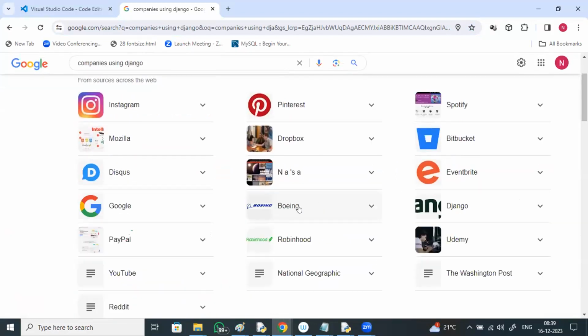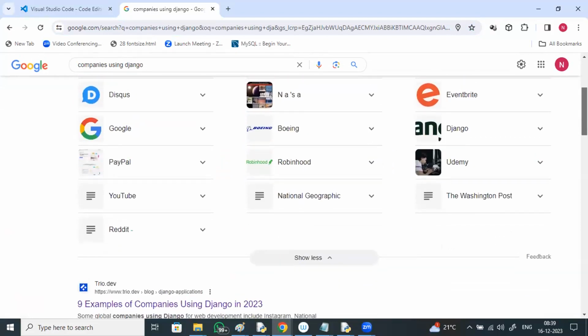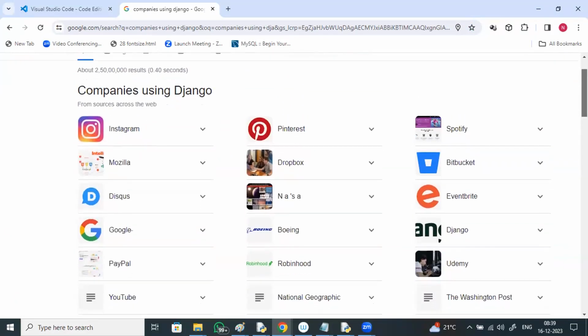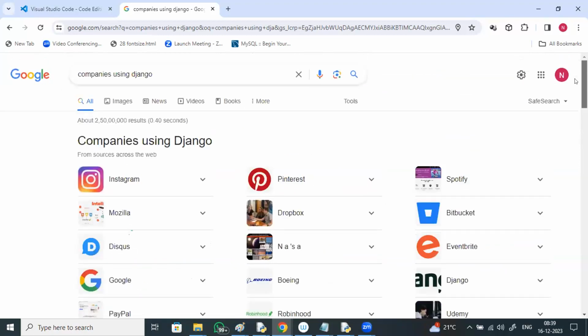You can also see Google, Udemy, Robinhood, National Geographic, YouTube, Reddit. All these are using Django.